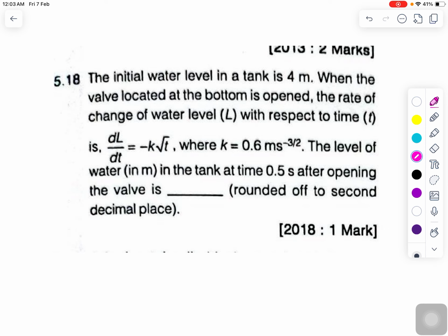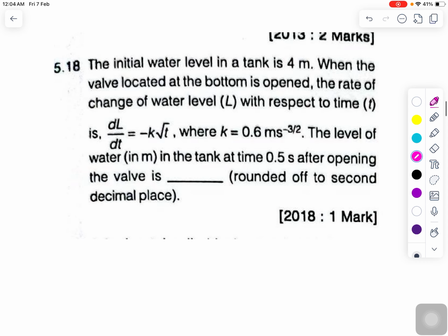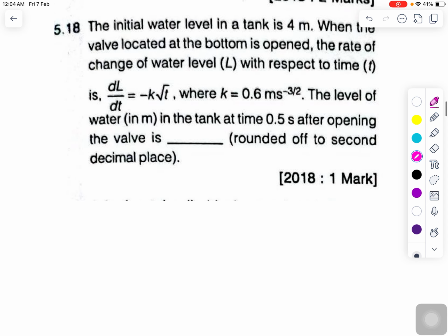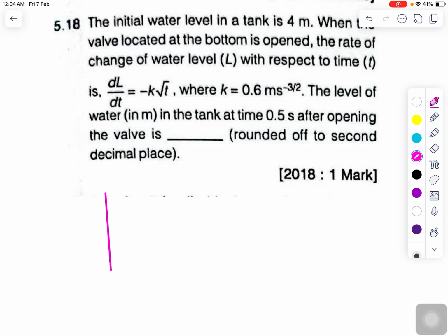Now moving to the next question. This is also a very good question. The question says that the initial water level in the tank is 4 meters. So let's say you have a tank, something like that. So the initial water level in this tank, if I am assuming,